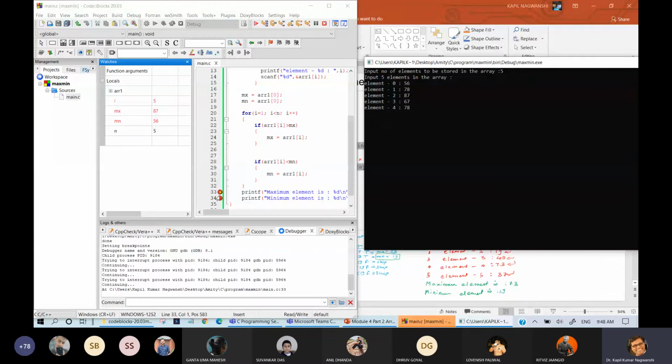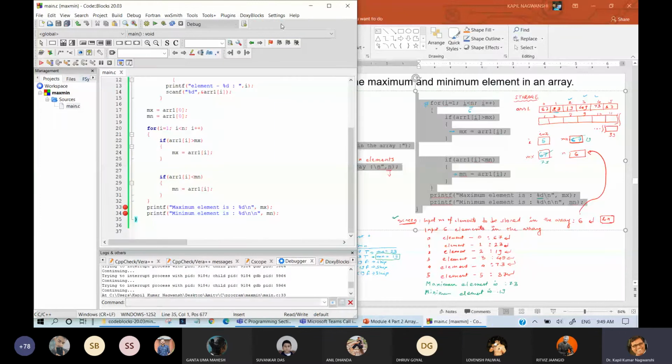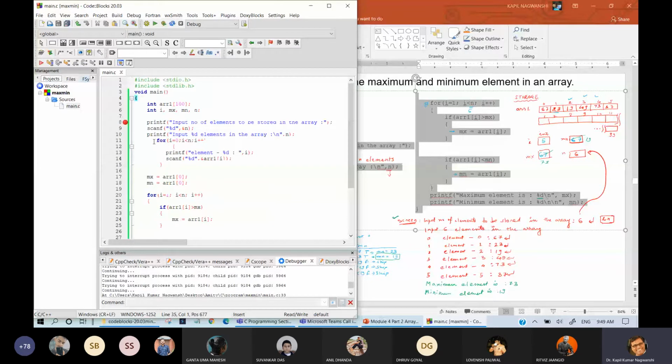In this particular place, it is showing the value of maximum or minimum. And after that, if I execute the next line, it will show the execution of each and every line. So this is the way you can put the values and put breakpoints so that you will be able to see what the values are.